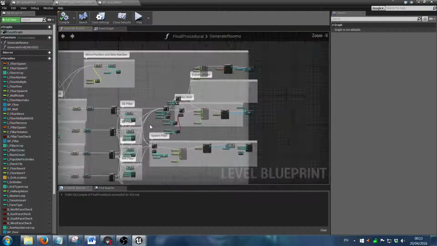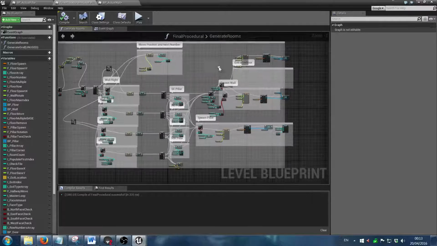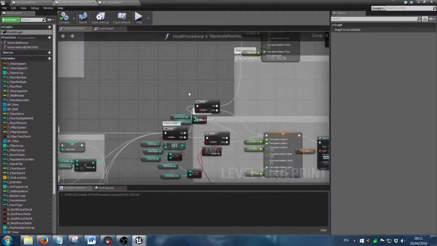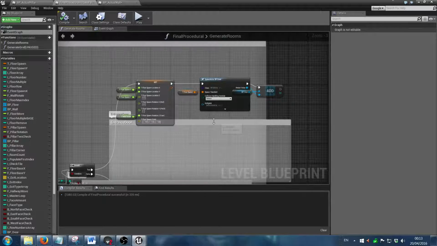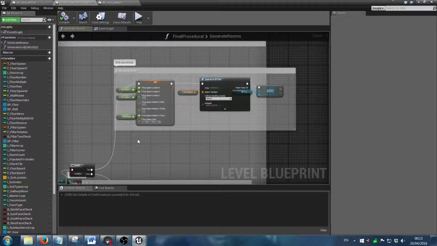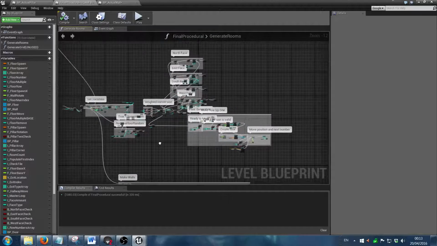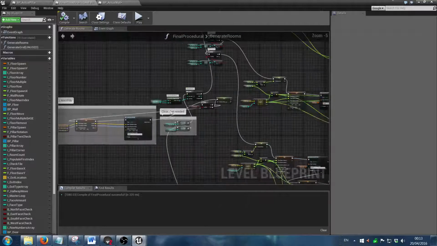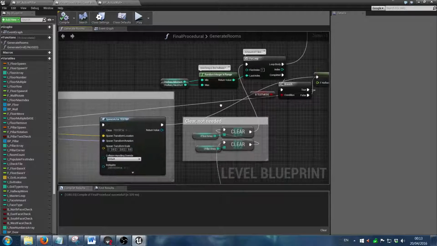And this is just essentially the floor, but for pillars and walls instead. And we also spawn the door here as well. Let's put that there, make it nice and organised. Yeah, and this is where we spawn the door. So once we spawn the door, we then spawn the hallway. So we detect where the door was,